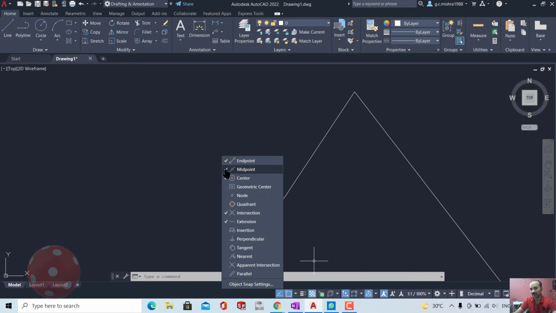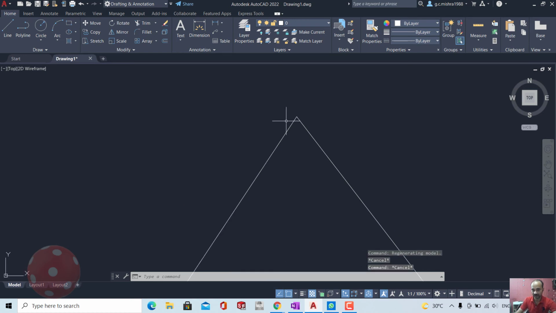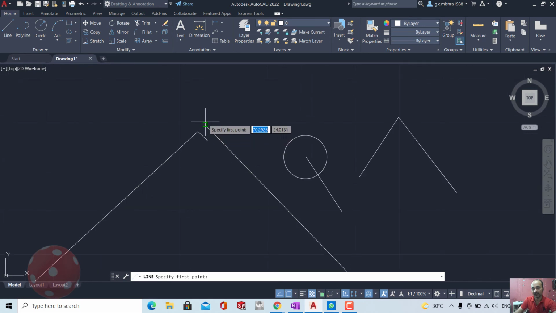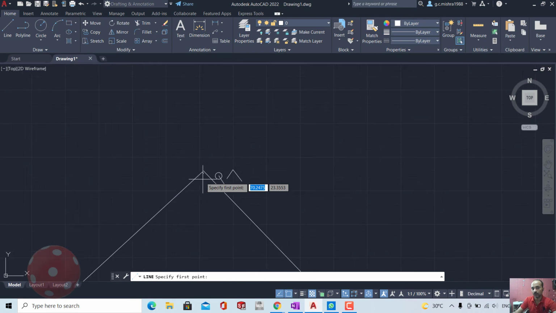Midpoint on, geometric center on, node on, quadrant on, intersection on. If these all are on, then during complex drawings it will be hard. You will be clicking a line and finding end point here, end point here, end point here. If you zoom, you will not be able to detect which end point is gripping. So sometimes you need to turn that off also.